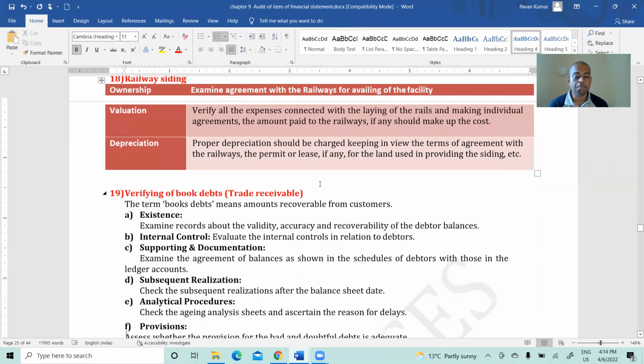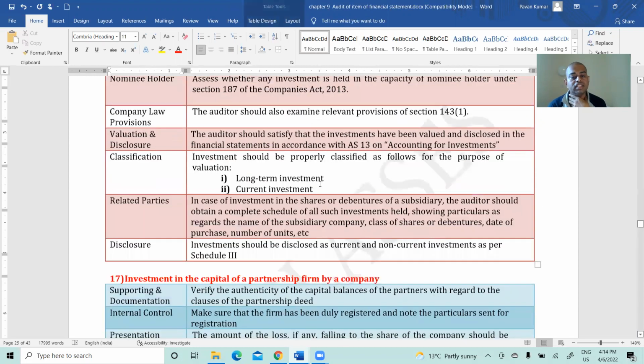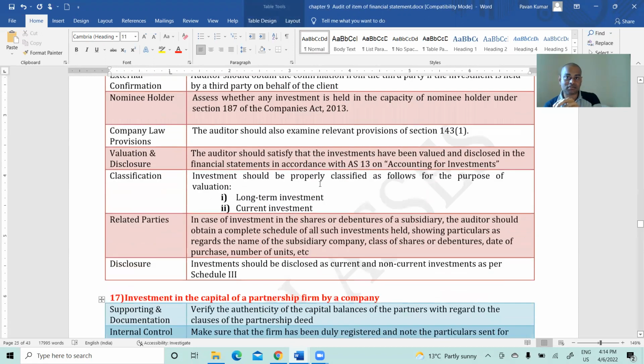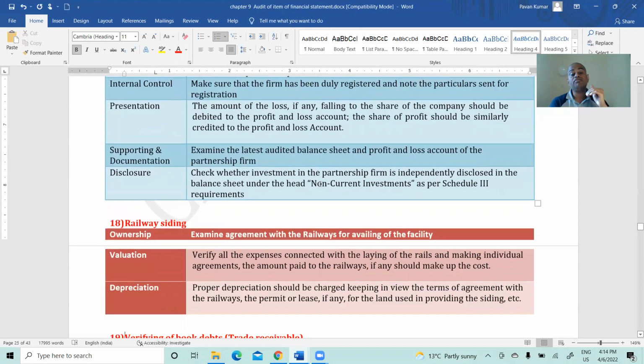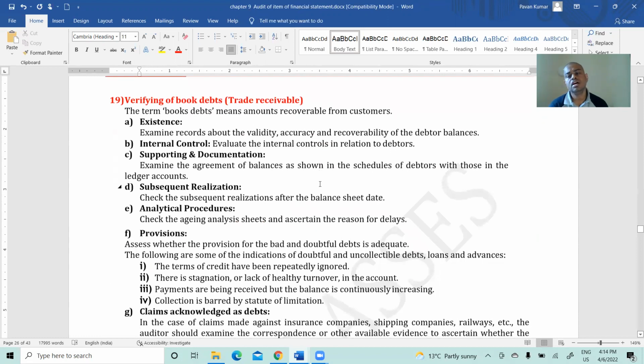Okay. Then book debts. So guys, if you observe, till now whatever assets we have seen are non-current assets, tangible or intangible, isn't it? First we spoke about fixed non-current assets, in that fixed assets, in that tangible assets, after that intangible assets, after that investments. You understand? Now we are coming to current assets. Verification of current assets is actually easier.